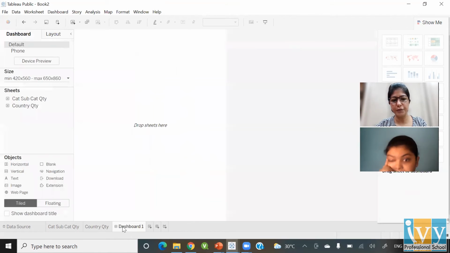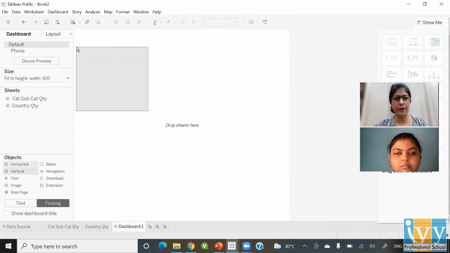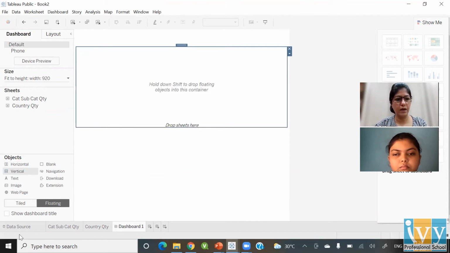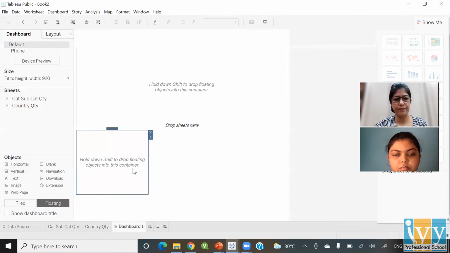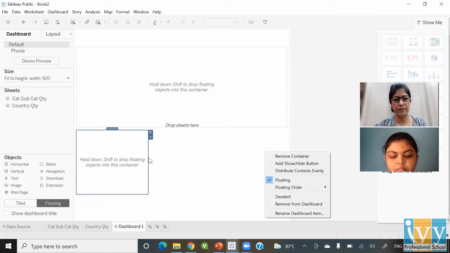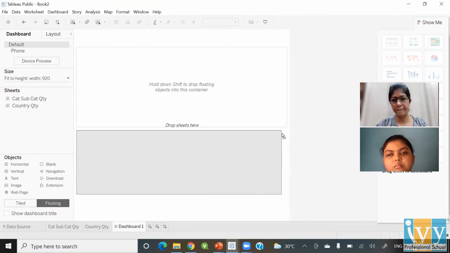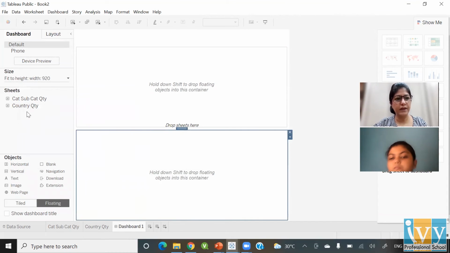Now let's create the dashboard. For creating a dashboard, I'm creating it as floating. When you increase the size of the dashboard a little bit, I want to put on the top over here the map, and at the bottom I want my subcategory to be there. Okay, now let's drop these things.